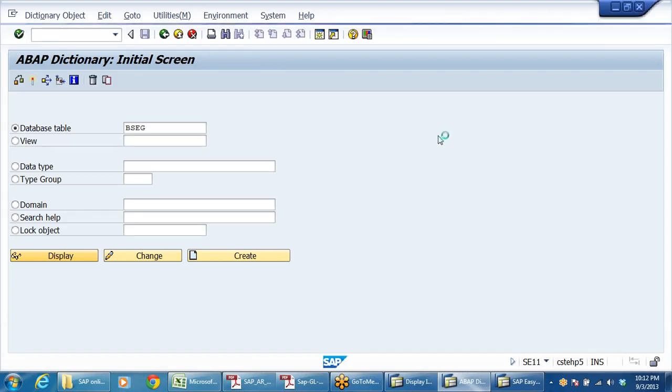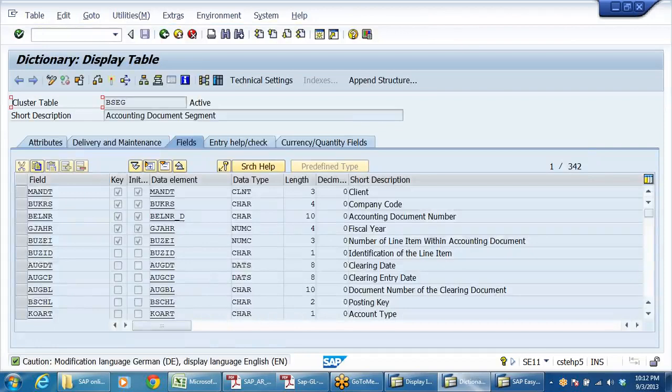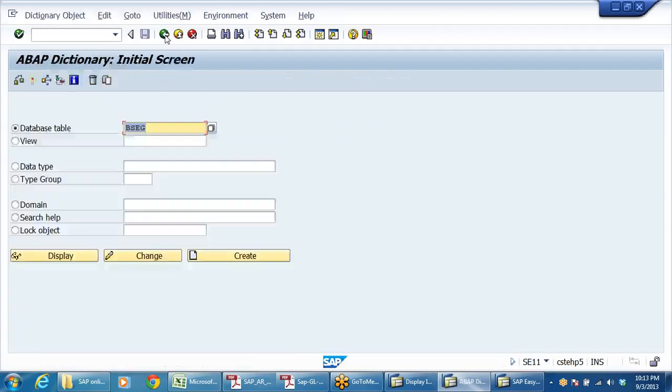Right. See, where the data is going to be stored, all these are called accounting data, the BSEG table. And the ABAP consultants will know only from, say, accounting document segment. Right, BKPF, another table.